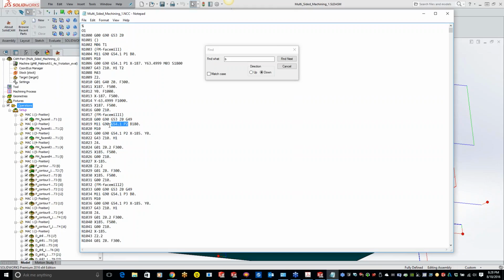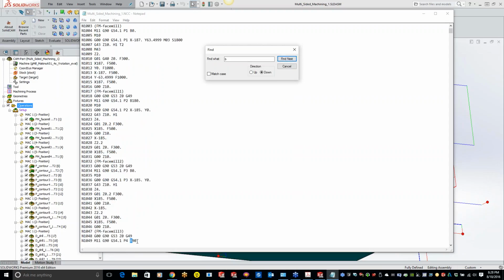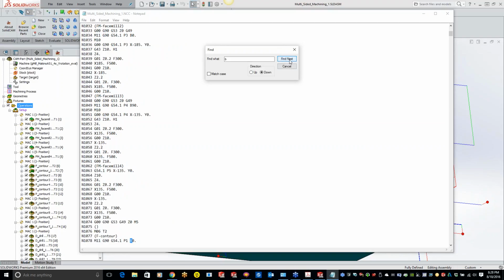So we got G54.1 P1 or P2, B rotating to the B180 axis. Now we're going back to 0 using a G54.1 P3. If we go down next, we're going to G54.1 P4 B90. So we're starting off at 0, 180, and we're going to 90.